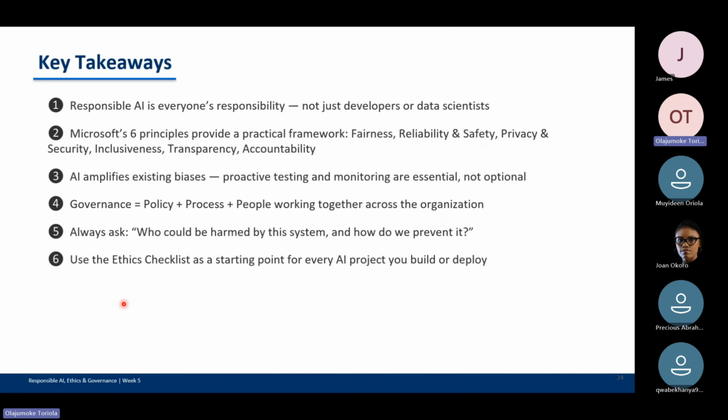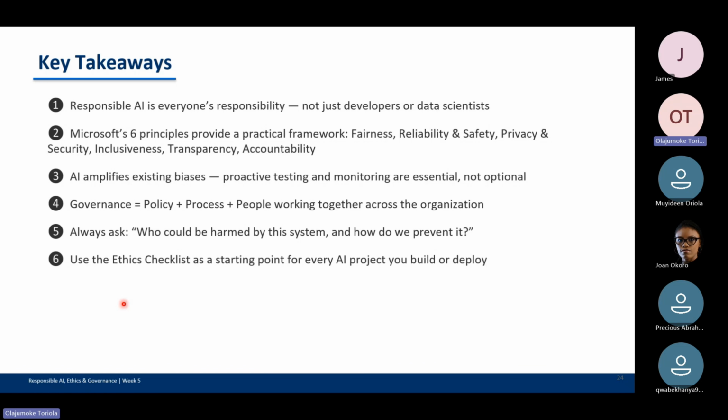So the key takeaway here is that responsible AI is everyone's responsibility, not just developers or data scientists. And the Microsoft six principles provide a practical framework: fairness, reliability and safety, privacy and security, inclusiveness, and accountability.